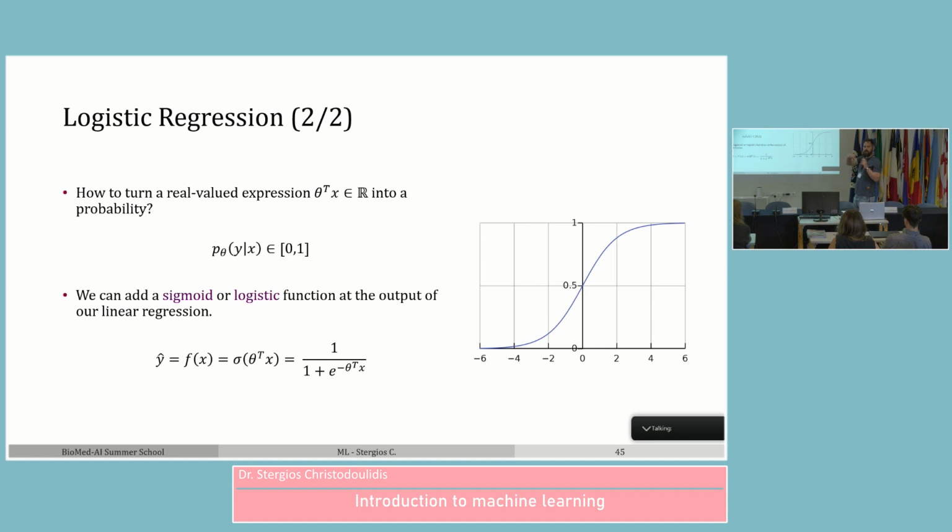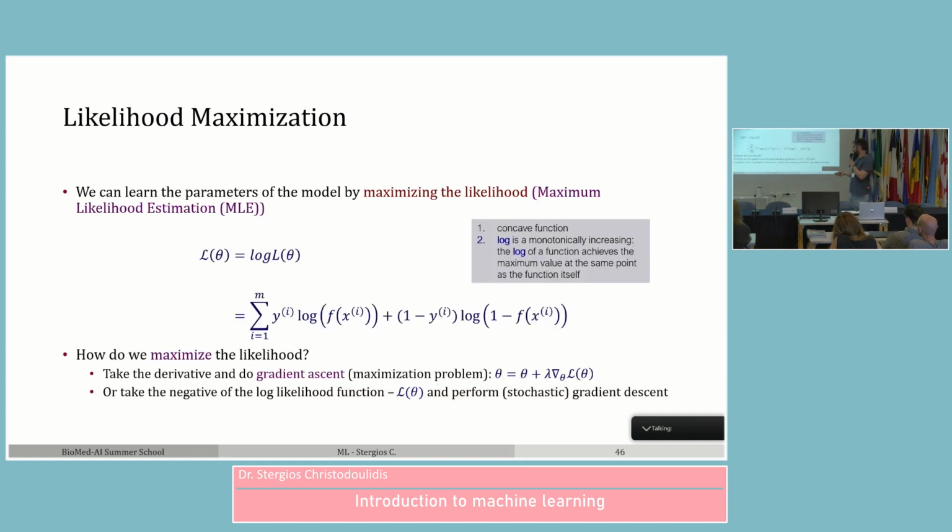This is, you can consider this as normalization, but in essence, you use this in order to compress the output of your model such that it lies in the range that you are interested in. And in fact, there is an extra step that you need to take. Now, instead of learning the distance between the prediction and the target, you want to use a different probabilistic measure, which is called